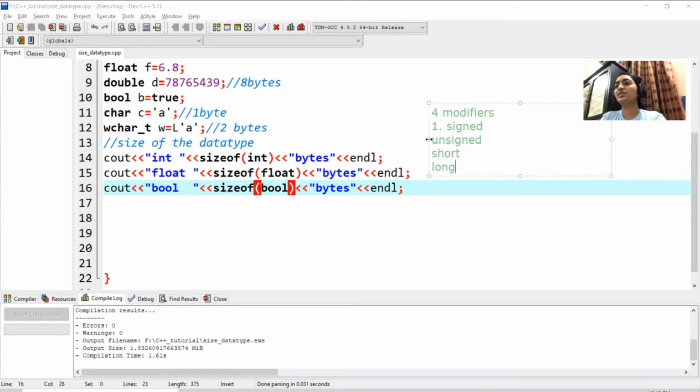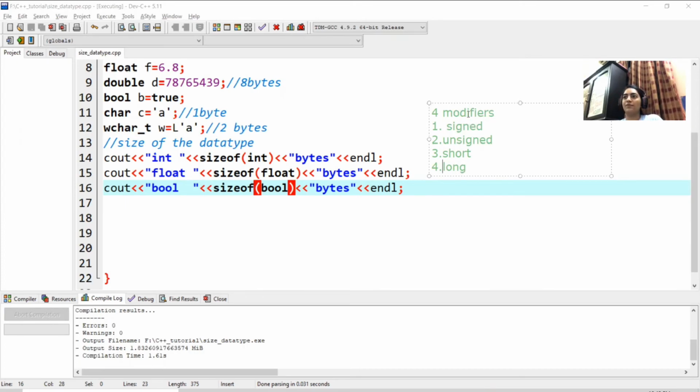Now, what are these? These are nothing but for when you want to specify the range. For example, you are dealing with only positive numbers, and you are not dealing with any negative number. So, at that time, you specify unsigned before the data type.